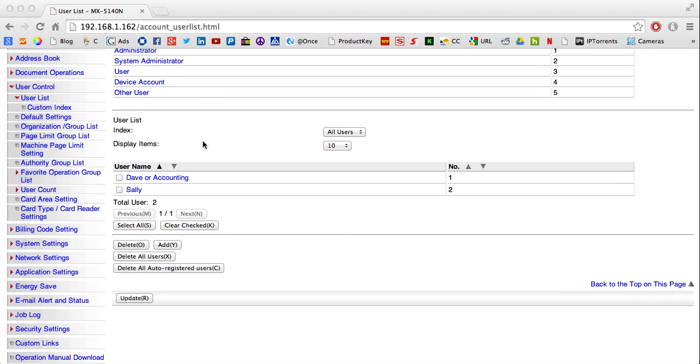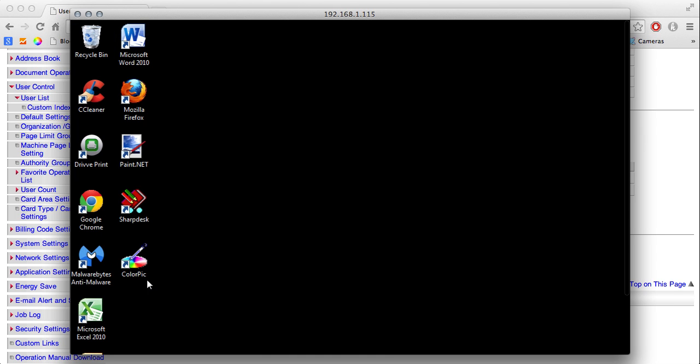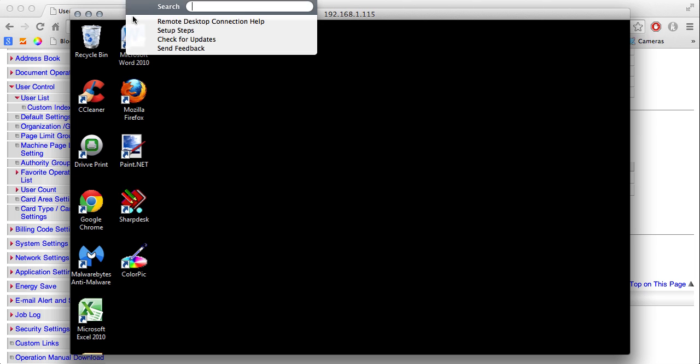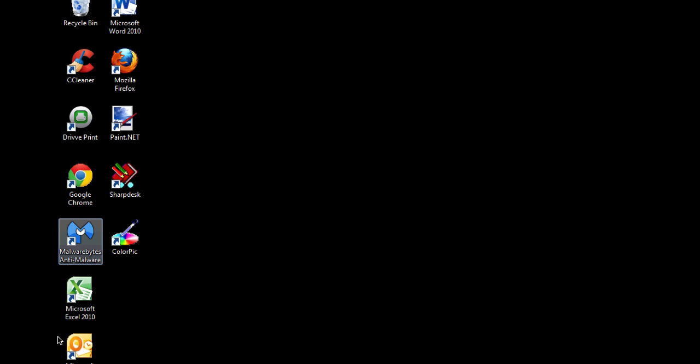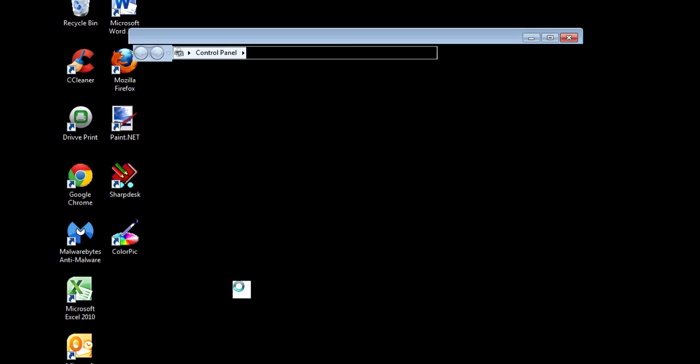Okay, so now the users are in here. We have to configure the print driver to print with the code that we gave it. So on Dave's computer, for instance, we will go to this print driver menu, open this,